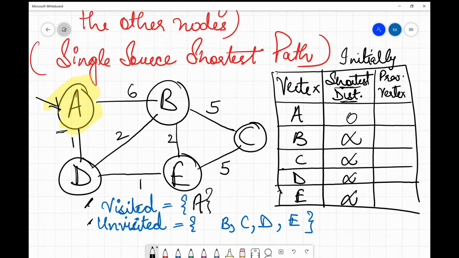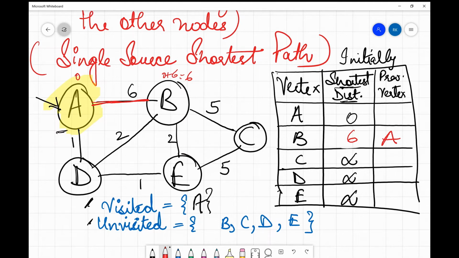We can reach B using this path with a distance of 6. Initially to reach A the cost was 0, so the cost to reach B from A is 0 plus 6, which is 6, which is less than infinity. So we update that, we write 6, and we reached this by A. That's what I meant by previous vertex.